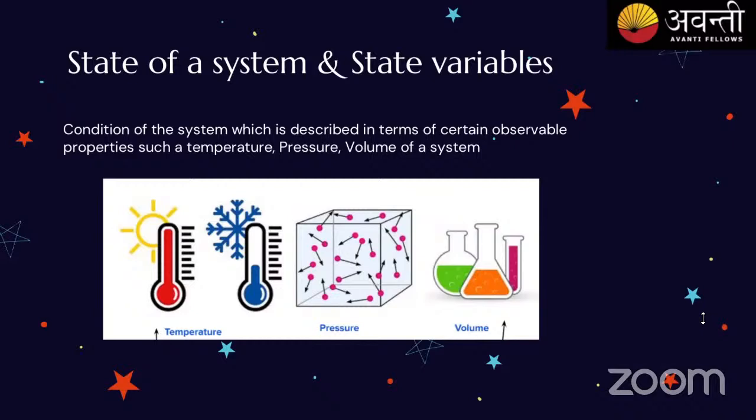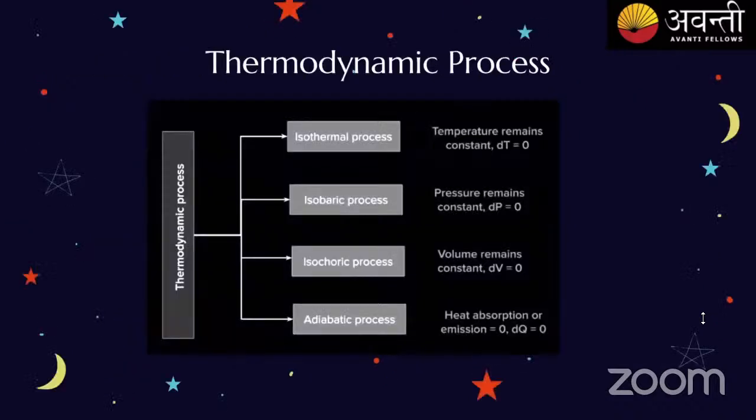This is nothing but state of the system and state variables. Clear, right? Nothing but what is the state of the system and how we are measuring it. That is nothing but our state variables. How many types of thermodynamic process do you see? We'll be seeing what is the system and then what is the process happening, what is the energy transfer happening. And in that energy transfer, there are different types of process. It may be isothermal process, isobaric process, or isochoric process, or adiabatic process. There are 4 different types of thermodynamic process we'll be talking about for now.